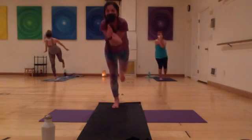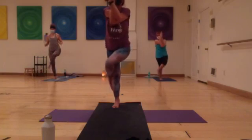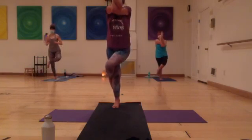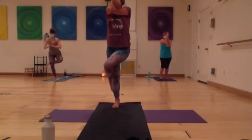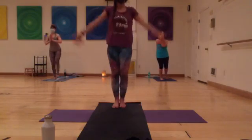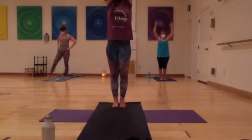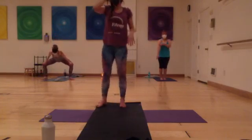Come back to eagle. What's happening with the arms? Good, and eagle release. Rise all the way up. Hands come to heart center. Here,